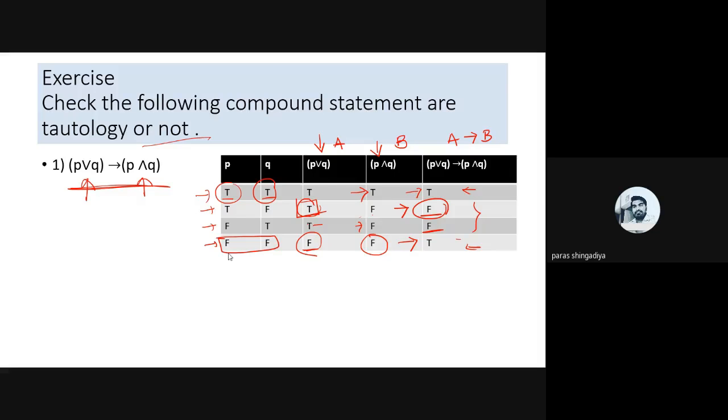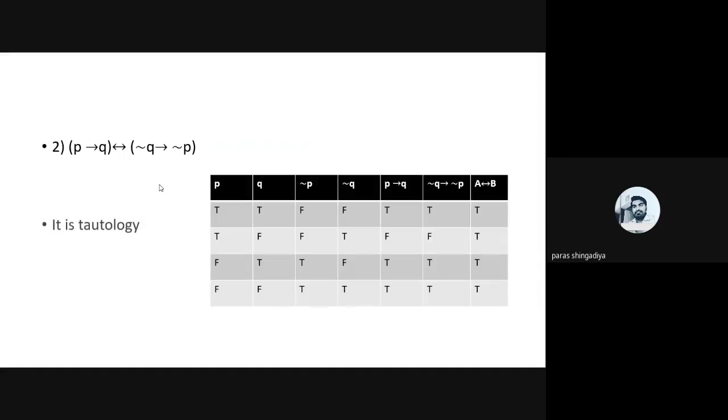Okay, so first it is a simple example, you just have to first simplify the bracket, and then apply the outside operator to the bracket. Okay, now it is not a tautology, that is the conclusion, and now let us check the second one. It is a tautology here. Let us check this answer, why it is a tautology.